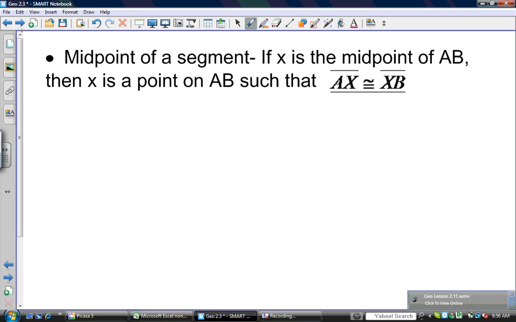Now the midpoint of a segment. This is a little tricky definition. It's written in the if-then form. If X is the midpoint of AB, then X is a point on AB, such that AX is congruent to segment XB. Might be confusing, but let's try to draw this out. So we have a segment. We're going to name this segment AB. Now, if X is the midpoint of